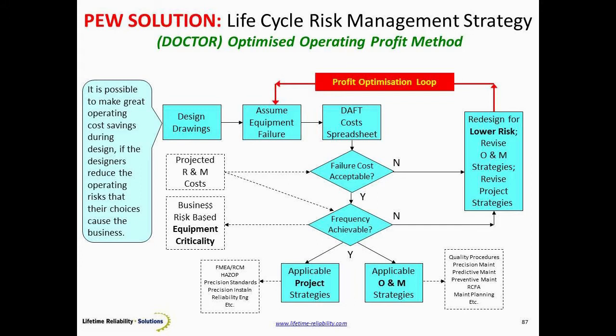If that bearing fails, this shaft gets damaged, I've got to buy this from Europe, it's going to cost this much to get across. We can put a cost of the consequence of failure together pretty quickly. Once we know the cost of failure, the question then becomes how often can we afford that cost? So we go in and say, well, is the cost of a failure acceptable? If the cost of a failure is acceptable, then fine. It's only going to cost $10,000 to fix.